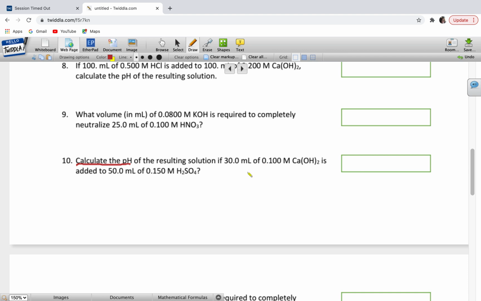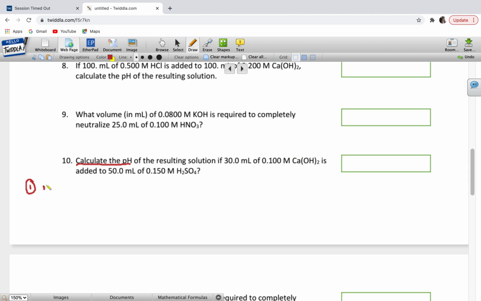Now, if it is the equivalence point, if we do have exactly the same amount of acid and base, what should the pH be? What's a neutral pH? Yeah, 7. So if you end up with exactly the same amount of acid and base, pH is 7 and you're done. We've got to figure out whether they're equal though, and so what we're going to do is do things a little bit differently. So the first step in one of these problems, where I've got an amount of acid and an amount of base, and I need to figure out whether or not it's neutral,